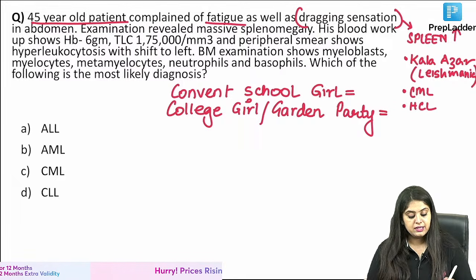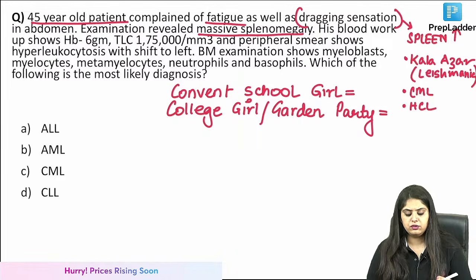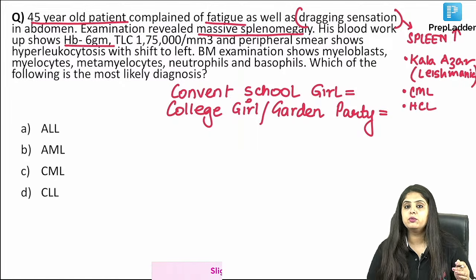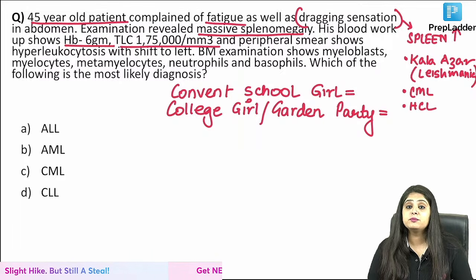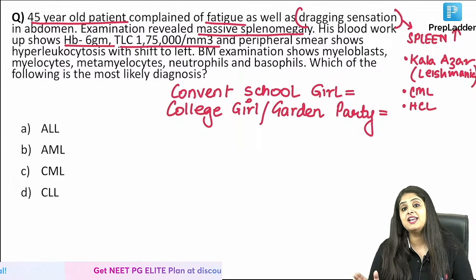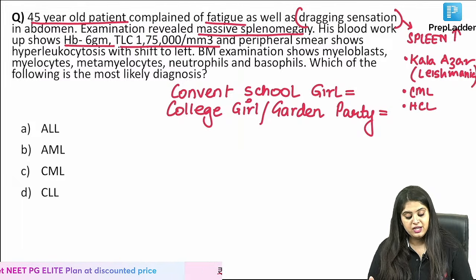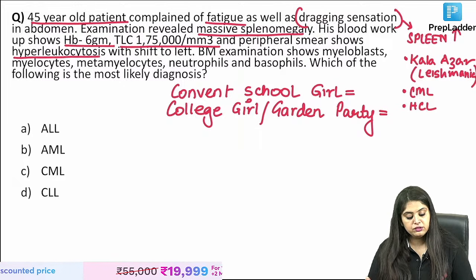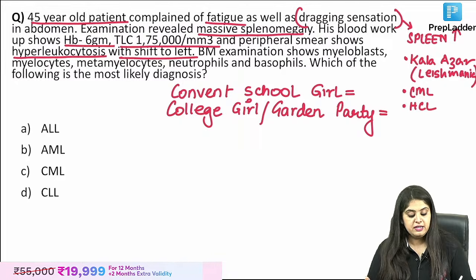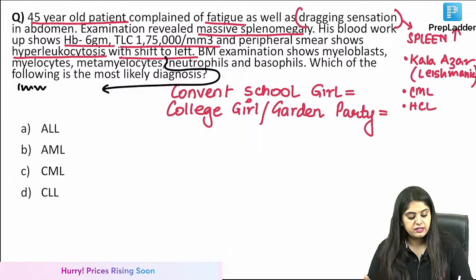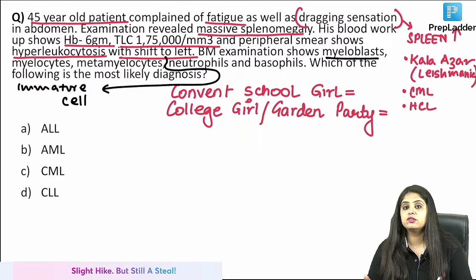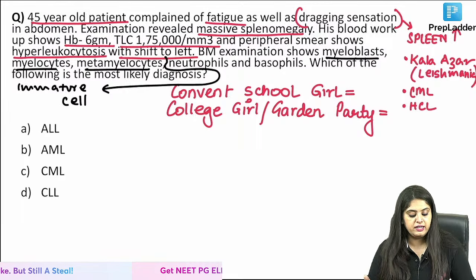Over here they found that there is massive splenomegaly, which is obvious. Blood work shows hemoglobin has gone down. Look at the TLC, 1 lakh. It is supposed to be 4,000 to 11,000. This is 1,75,000. It's huge. Now the peripheral smear shows lots of leukocytes with shift to left. So many questions I get on what is shift to left. Shift to left means I've started seeing immature cells, and bone marrow shows me all those immature cells: myeloblasts, myelocytes,